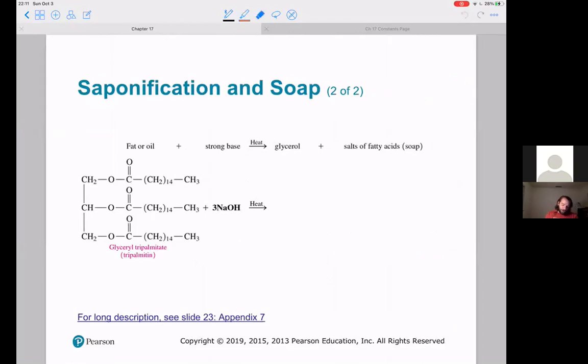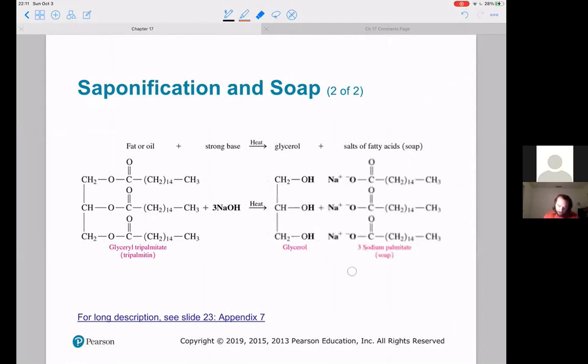So we have our glycerol tripalmitate, and now we have sodium hydroxide. We again break it into that alcohol component glycerol, and now we're going to get 3 molecules of the fatty acid salt, sodium palmitate. And the reason that this gets its name, saponification, is because that's how soap was generated